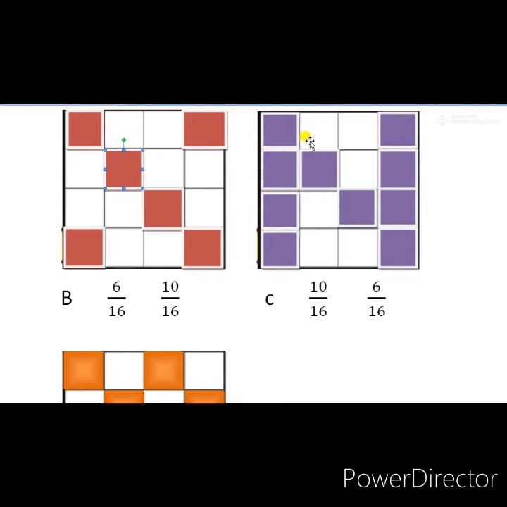The 2 sides, that means the left and right side, I gave purple color. See, both the sides I gave purple color, and the middle 2 boxes also I gave purple color. That means 4 plus 4, 8 plus 2 equals 10. 10 boxes I have given purple and 6 boxes remain uncolored. So the fractions here are 10 upon 16 and 6 upon 16. This is the fraction for our grid C.